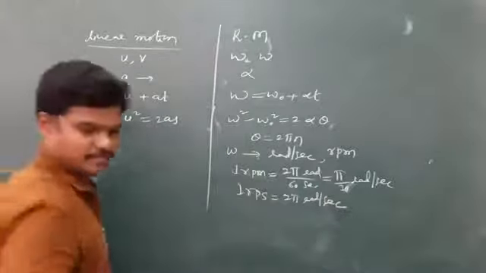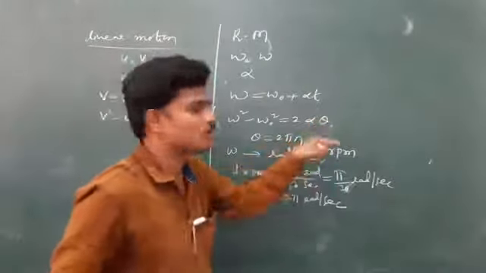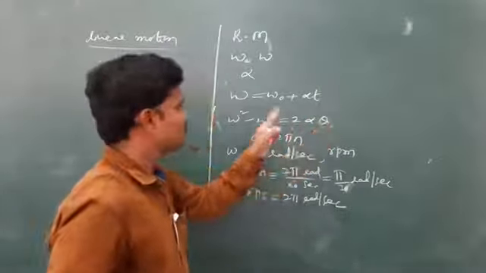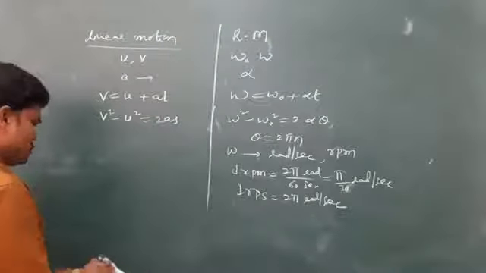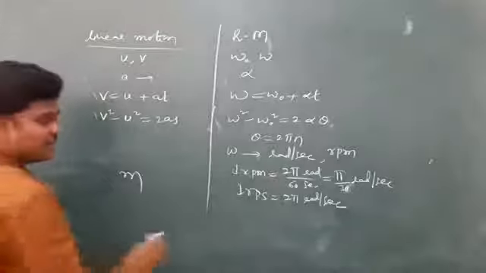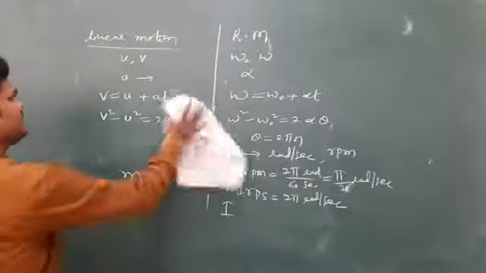And we can find the stopping distance here: if the wheel is rotating, at what angular displacement the wheel will stop. We can find those problems by using these comparisons. And let me use one more. In laws of motion, we use mass, and here mass turns into moment of inertia I. And let me write fast.